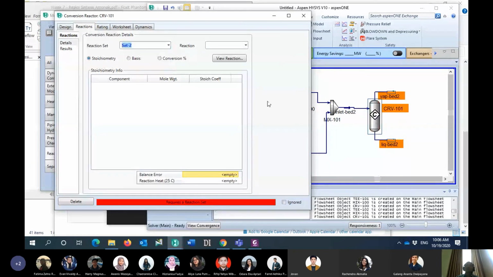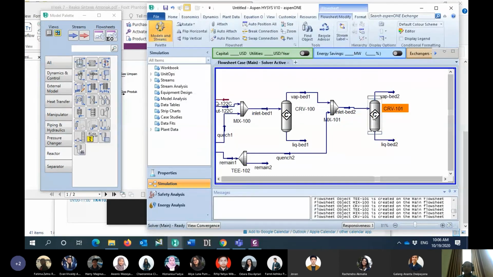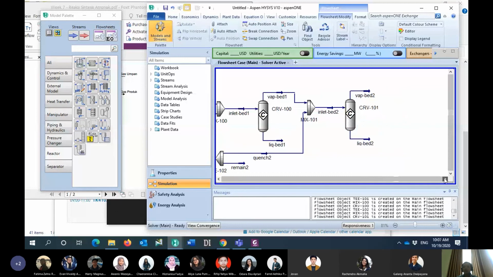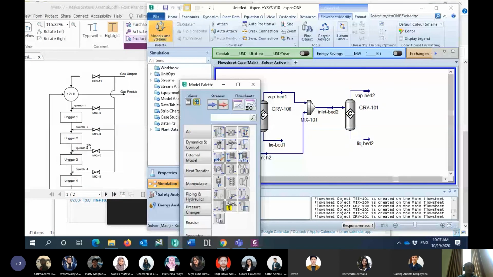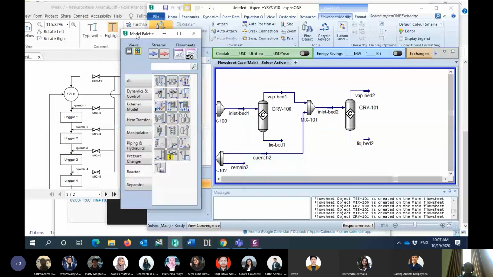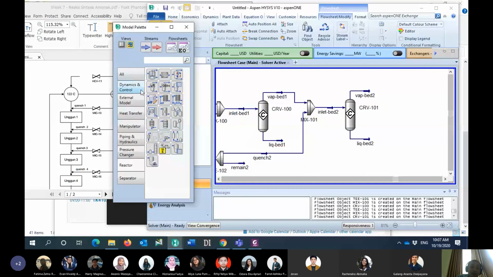For example, for this one, reaction set number 2 is used for the evaluation of bed number 2. And again, the vapor of bed number 2 will combine with the quench number 3. It becomes the inlet for bed number 3.